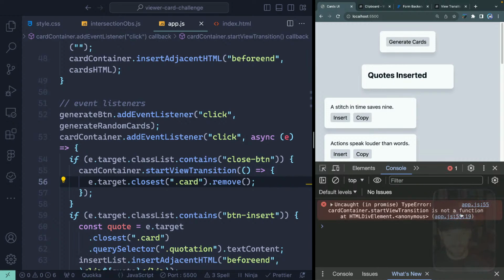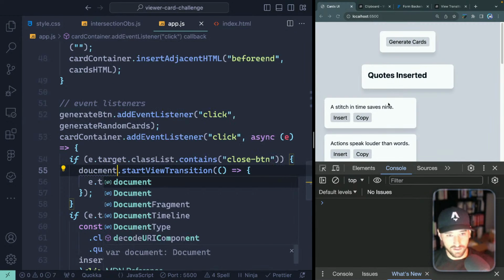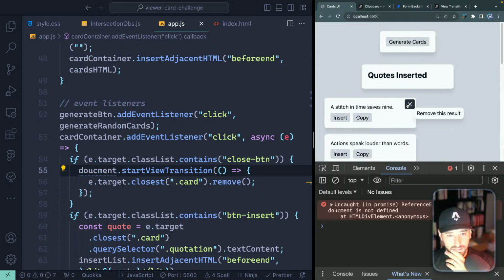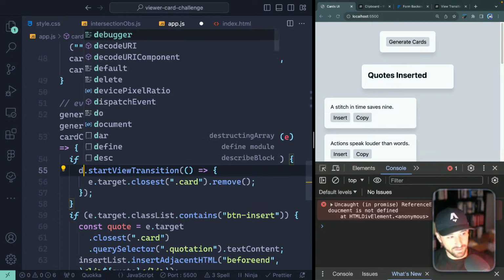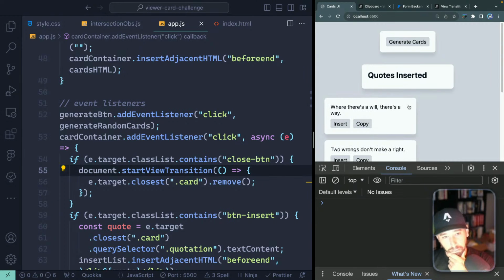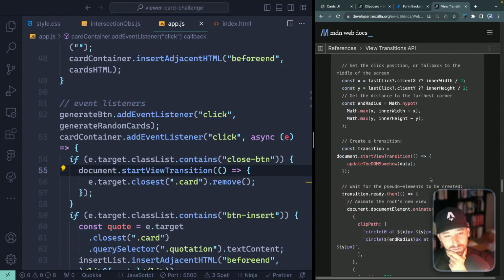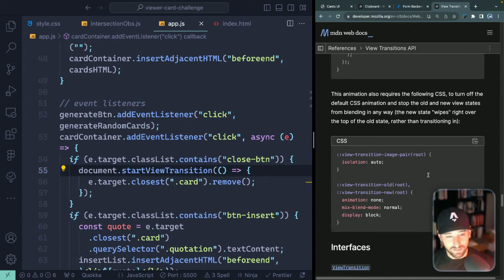No. It's not a function. Start view transition. Okay, so maybe I just do it. I have to do it on the document and it figures it out. No. Okay, document. Oh, spelling. Okay, once again. I mean, it works. That's pretty cool. Now I just need to do